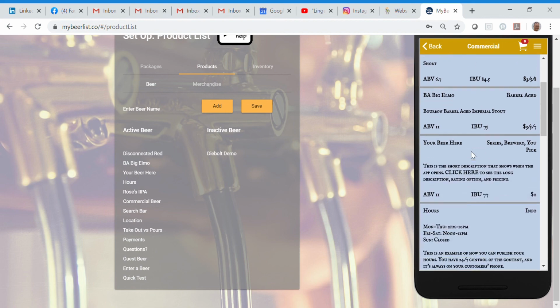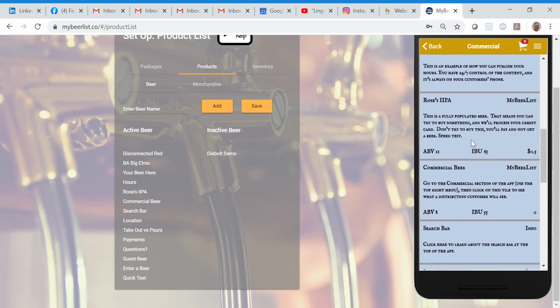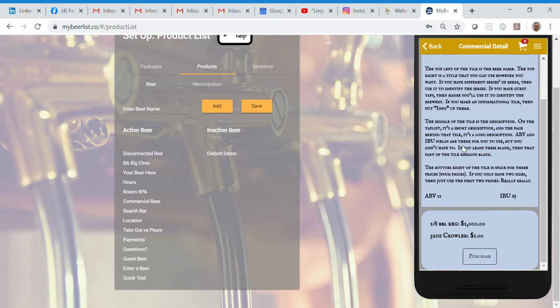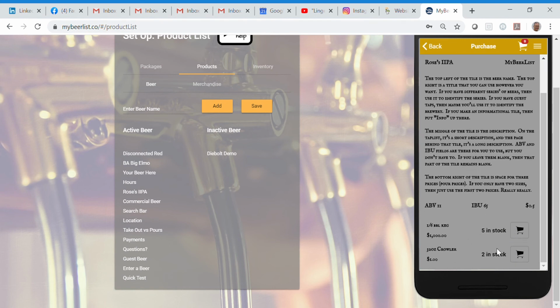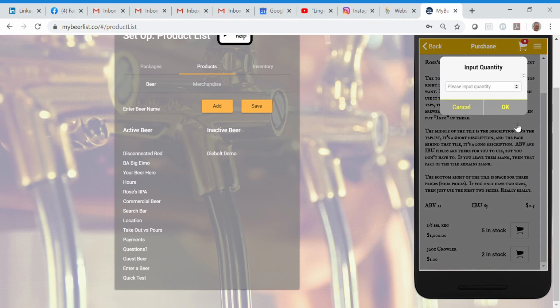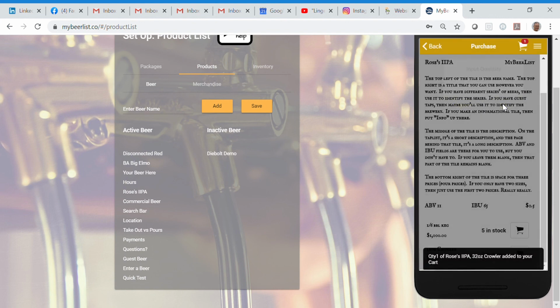They're in the commercial module, which means when they go to that beer, they're going to see the distribution options for that beer, not the retail options. So I've set the 32-ounce growler here. I'm going to go ahead and go into purchase down to that 32-ounce growler. I'm going to enter a quantity of 1. It's in the